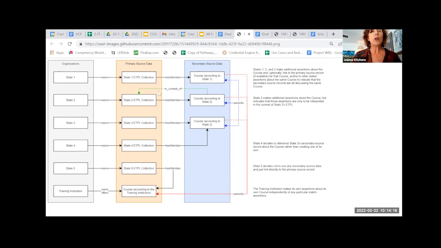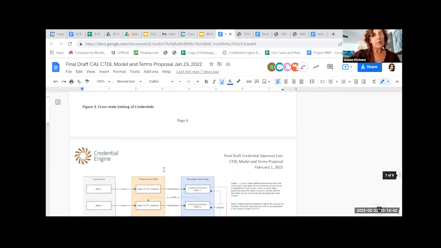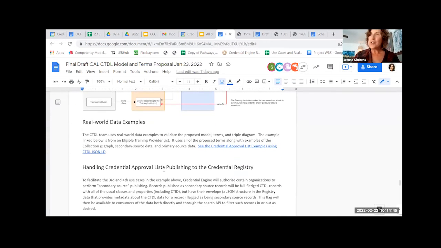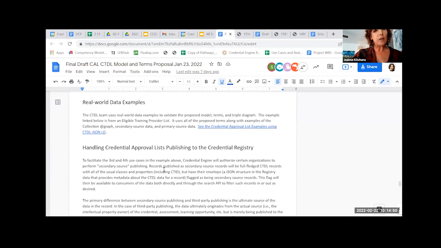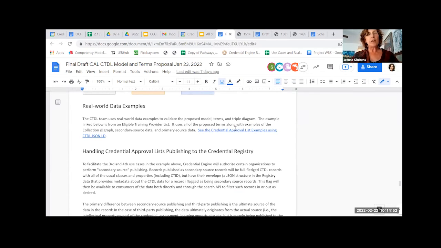So be able to link all of that together in effective ways to communicate that information to those who need that information, that ranges from the credential offerers who may not even be aware that these things are occurring, and the range of students, workers, employers, the list owners, and so forth. Okay, so you can see we get into a lot of detail, we get into a lot of modeling and pictures and use cases and real world examples.